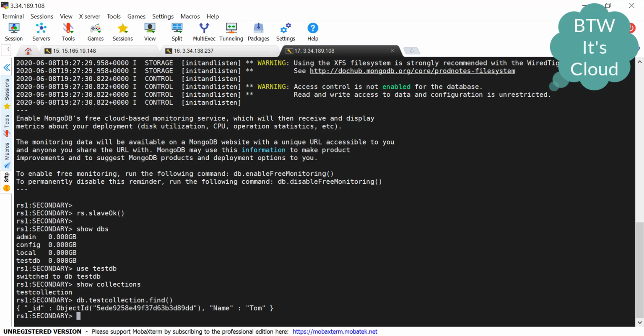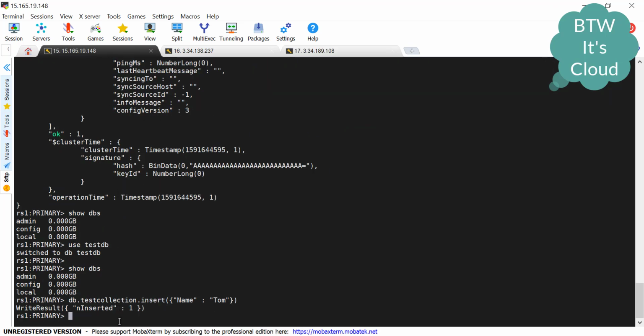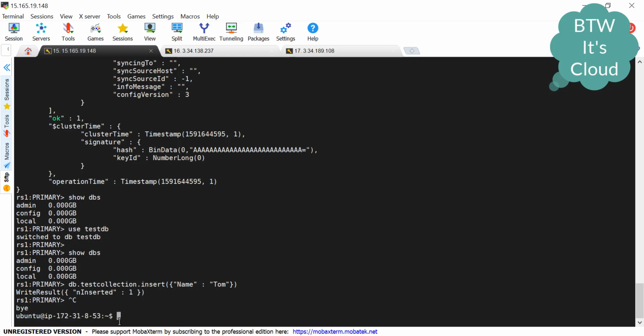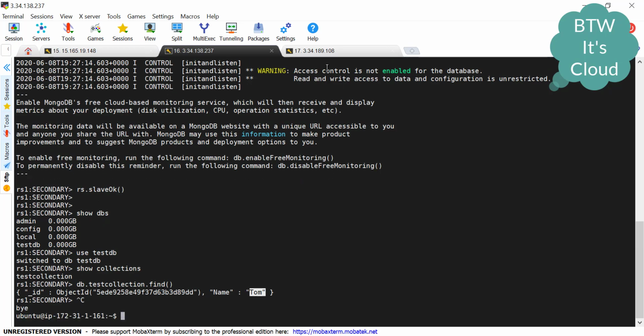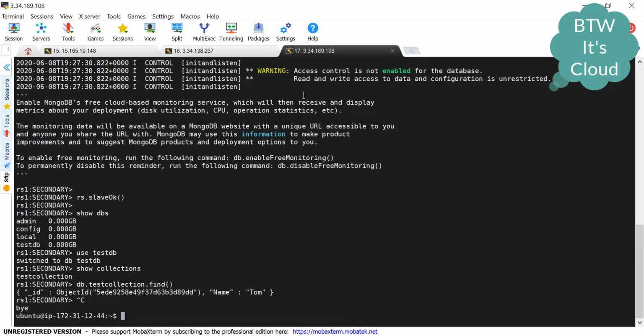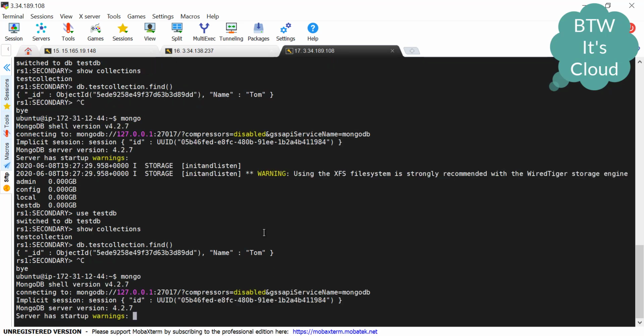Now we'll move on to the second verification, where we'll be shutting down the primary server. Let's come out of this shell. We'll stop the MongoDB service, sudo service mongodb stop. Now we'll come out of this shell as well, and this also. Now we'll open the shell again.